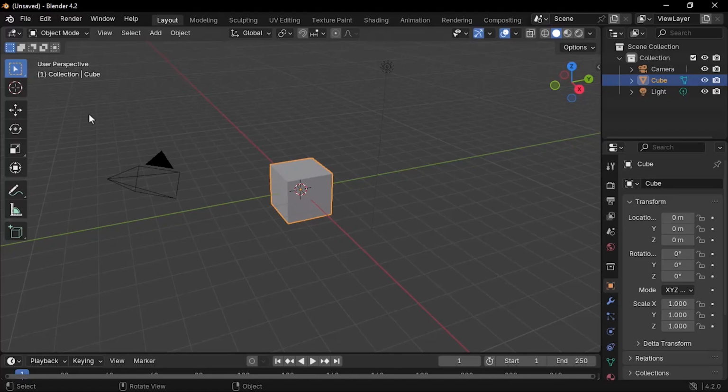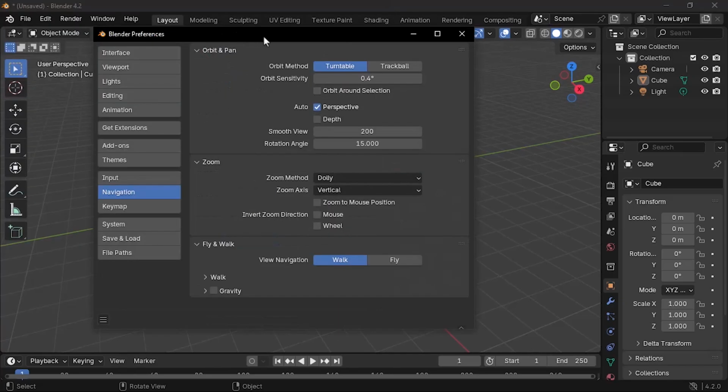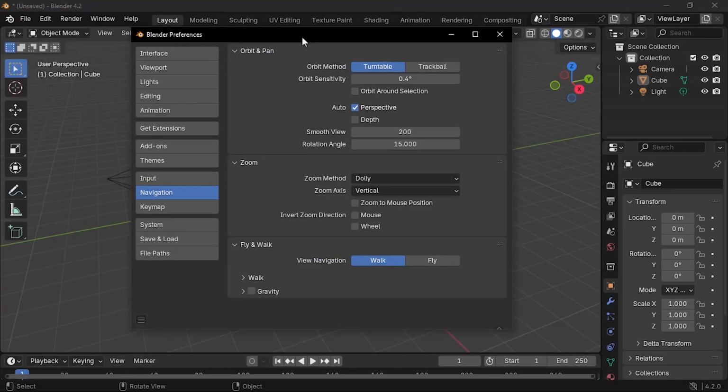In this tutorial, we'll be talking about preferences. These are settings that enable you to work efficiently in Blender. So to get these settings, click Edit and then Preferences. There will be this pop-up that will appear. I'll be giving a brief explanation on what's on each tab and suggest some certain changes that can help you